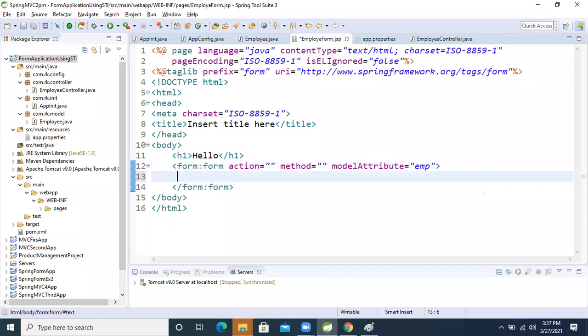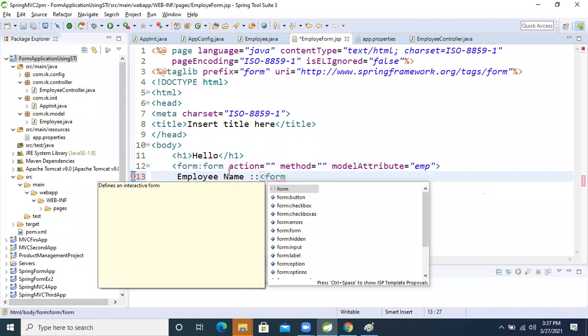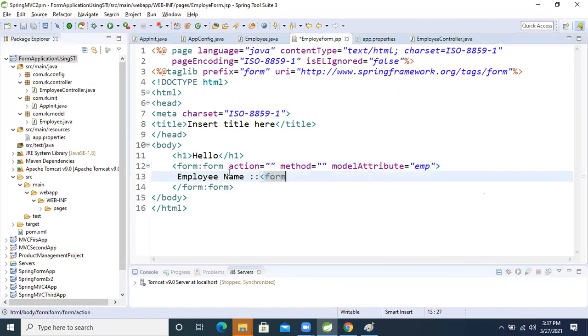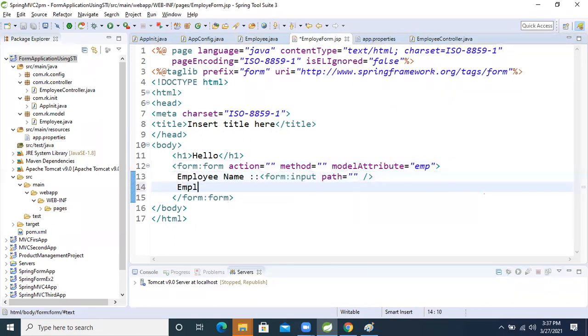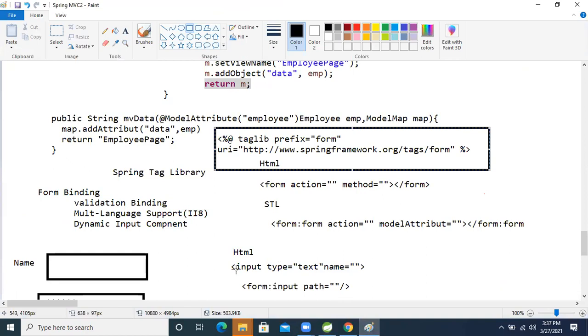So what is that? Employee name, right? How are we writing that? Form colon input, path. Okay, one thing is completed. Another one is there.